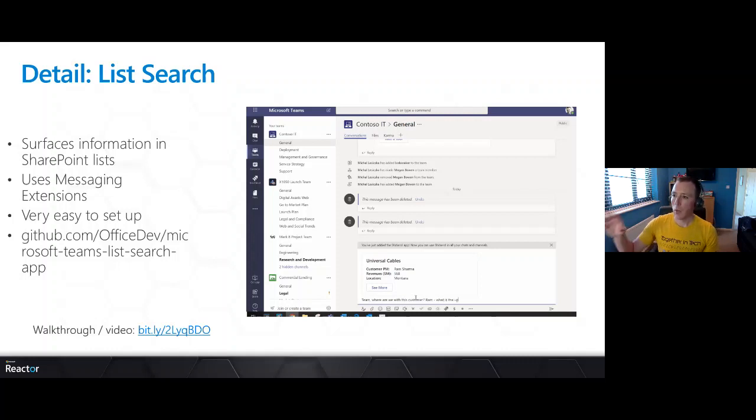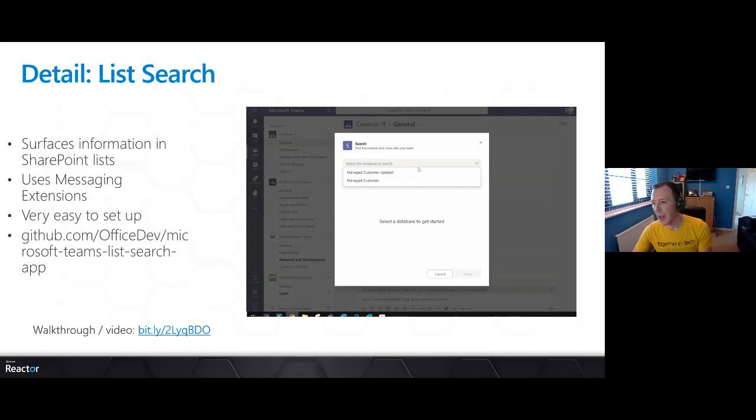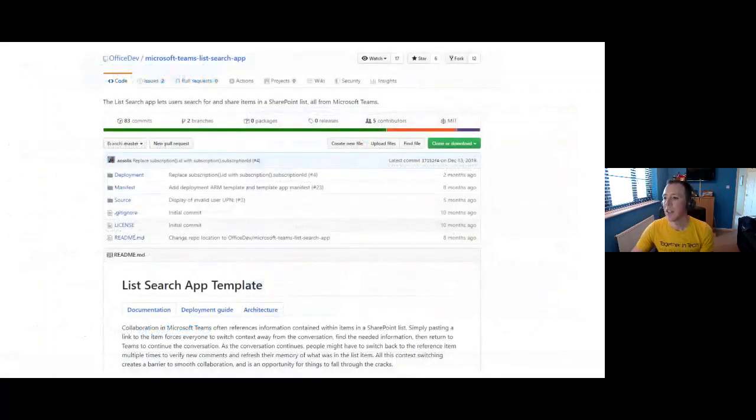So if that sounds like something that is of interest, you go there, you follow the link, and you'll see what looks like GitHub. So if you're a developer, you'll be really familiar with this. Great, I can download the code, I can see how it works. If you're not a developer, this might be a bit off-putting. Stick with it, because if you look down towards the bottom, you've got a nice introduction. It tells you everything, how it works. It's also got some links off to documentation, deployment guide, and architecture. And that's something that all of the app templates have. They all have documentation, deployment guide, and architecture.